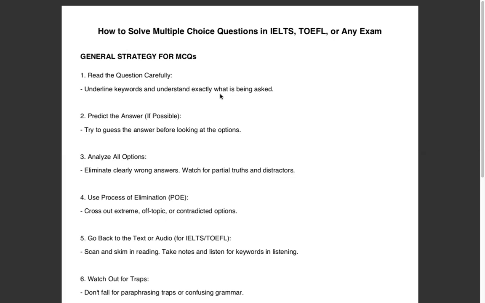So the first important thing is to read the question very carefully and try to understand the questioner's purpose. What is he or she trying to ask you about? Because if you have four options, and you read the question very carefully and understand the aim of the questioner, believe me, you can easily eliminate at least two, and you will have only two options,